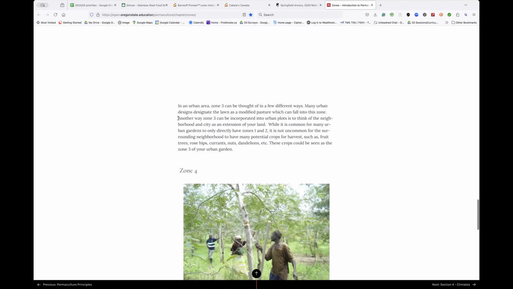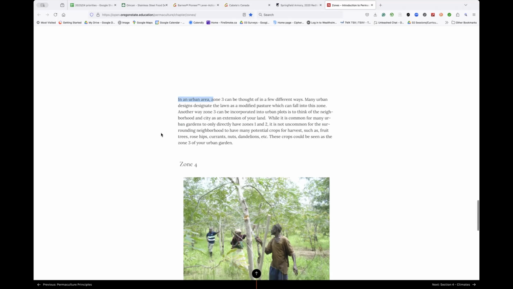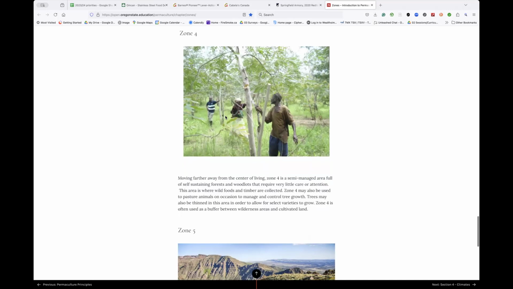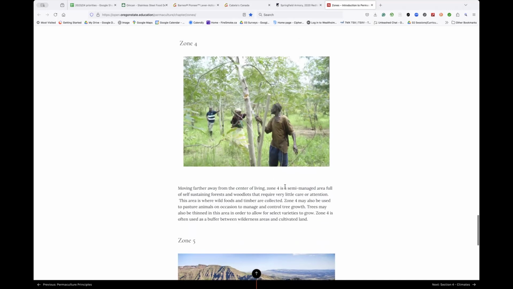And then if we look at urban, that's going to be a little bit different. It may just be your lawn areas. So hence pasture in a farm setting, lawn areas in more of an urban setting here. For an urban area, you have your zone 1 around the house, you have some permanent plantings at zone 2, and then your lawn or outer areas with other permanent plantings as zone 3. That may be it. Because if we look at zone 4, they're more semi-managed, and urban spaces tend